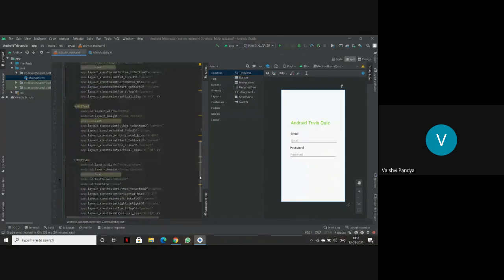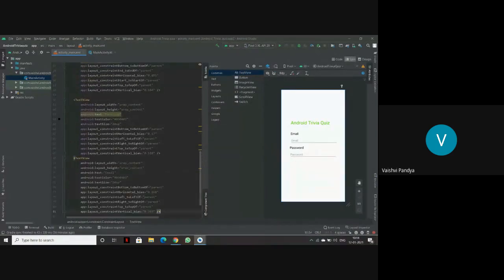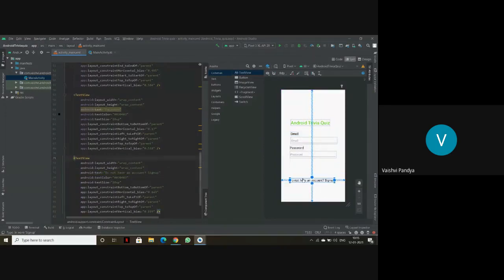I'll just copy paste the whole thing again, and instead of email, we'll just write do not have an account, sign up. It is already constrained. You can always drag the text view option from the palette, but you will have to constrain everything again and again. So I recommend that you always copy paste the thing.